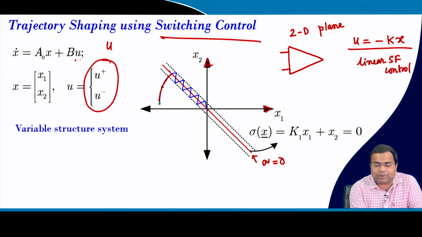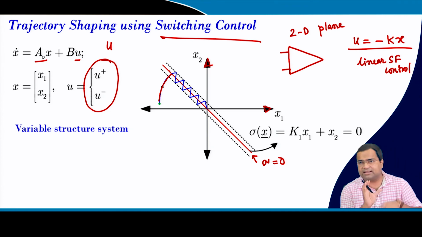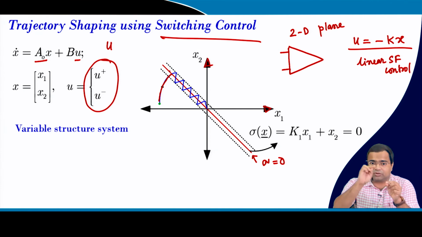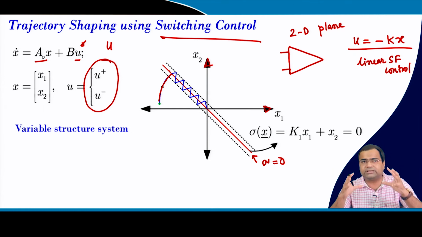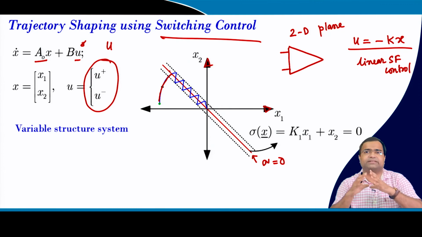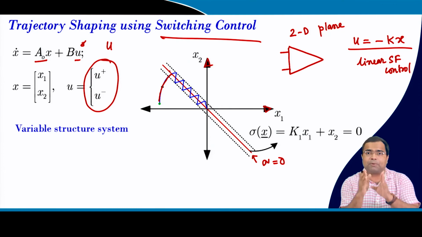But with U plus, that means the positive supply rail and the negative supply rail of the op amp, you will get two different vector fields. Even if the A matrix is common, we saw earlier that the trajectory in the case of the buck converter was a stable focus rotating in a clockwise direction and slowly coming in, but the change in U will only shift the equilibrium point. That means we saw that for the on state and off state of a buck converter, the nature of the trajectory was the same, but only the operating points are different.